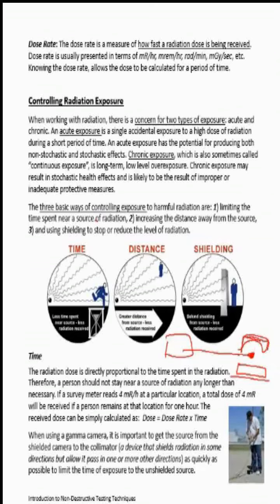What is the required direction of radiation? This is the required direction. We want radiation to be in this direction. So we don't want radiation to go in other directions and affect people. So what we do is we put some protective shielding element over here, so that all the radiation in the non-required direction will be blocked, and only in the required direction radiation will be there.